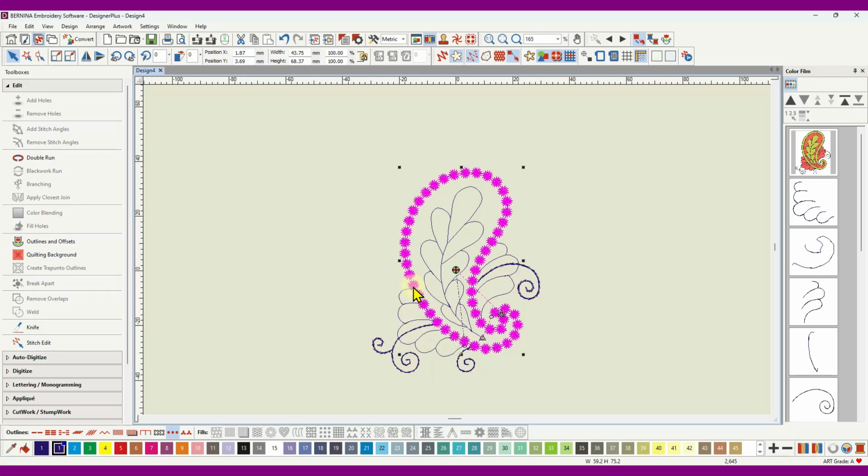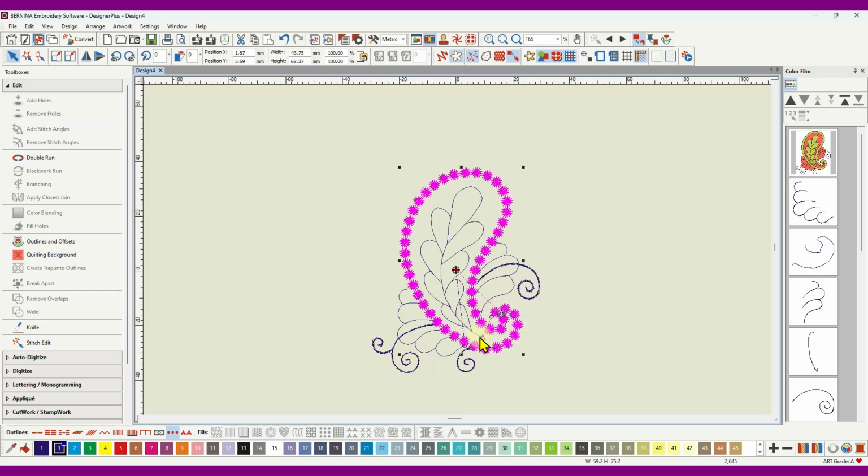It will then path around here and stitch these 3 loops here, and then path around here and stitch this spiral, and then path right around and stitch this spiral, path around and stitch this spiral, and then jump over here to stitch this leaf, and then from the end of the leaf it will jump to the beginning of the